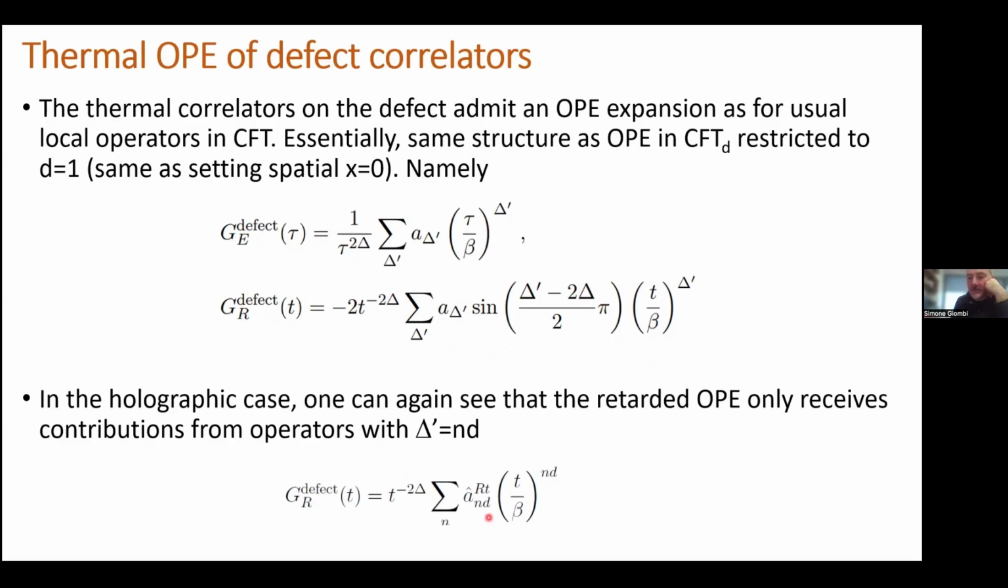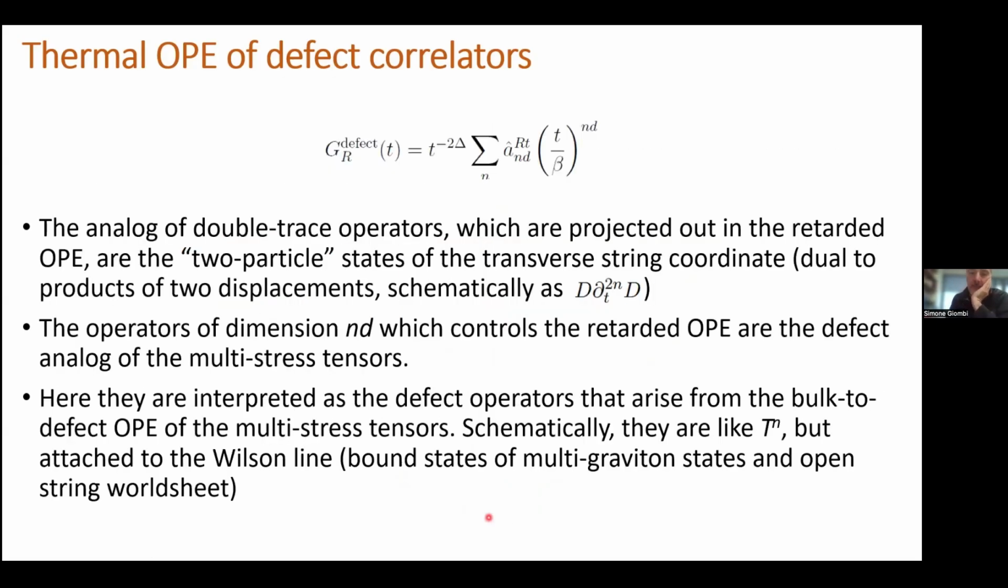Now, what are these operators? So if we think about what kind of operators can appear in the OPE of two displacements, well, there are the analog of the double trace operators, which here we shouldn't really call double trace because these are operators inserted inside this Wilson line, but we can call them two particle states that are like bound states of this effective scalar field, which is dual to the displacement operators. And schematically, these are like inserting operators of this kind inside the Wilson line, and they have dimension 2 plus 2 plus 2n. Okay, and then there are these operators of dimension nd, which